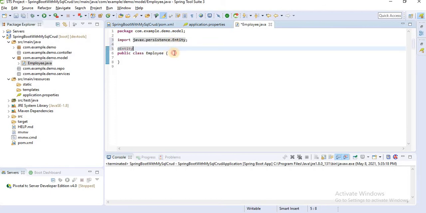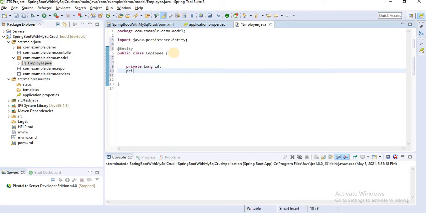Okay, and then we define a few attributes. Let's make private id, long data type.